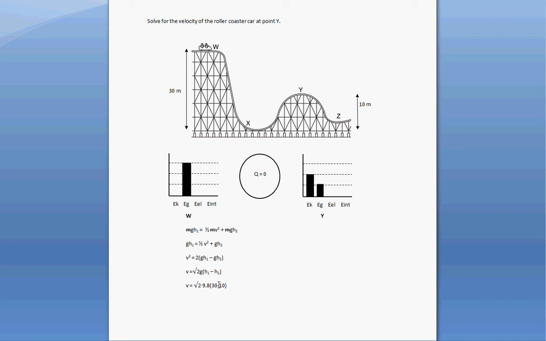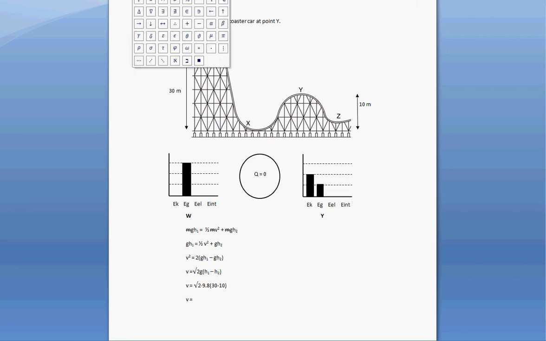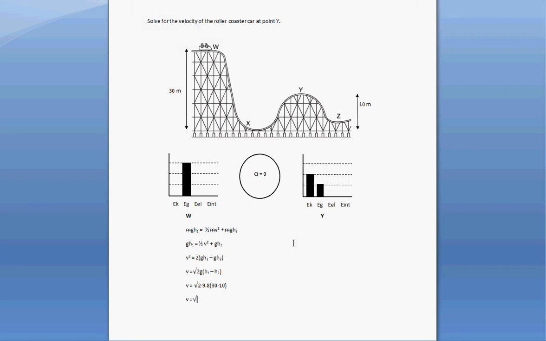So 30 minus 10 is 20, so we're going to multiply 20 times 9.8 times 2. So v is going to equal the square root of 2 times 20 times 9.8, and that's 392. And the square root of 392 is